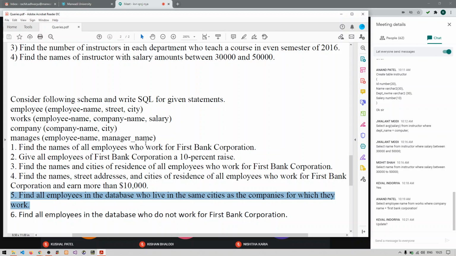List all the employees who live in the same city as their company's city.